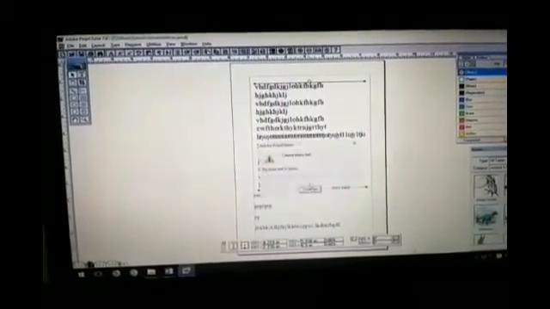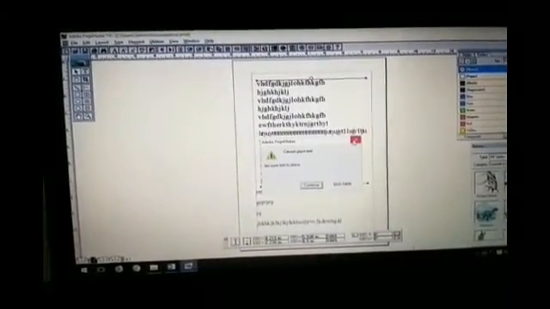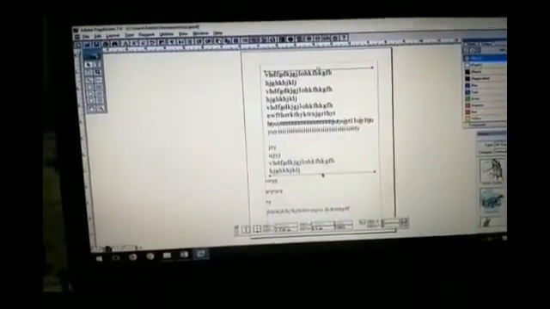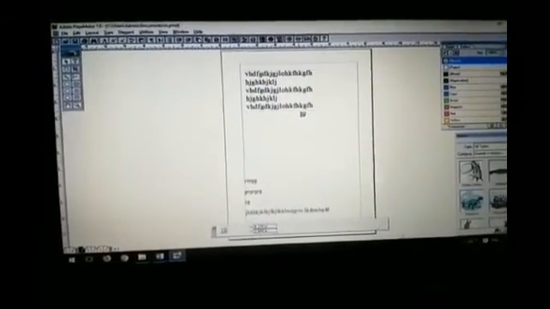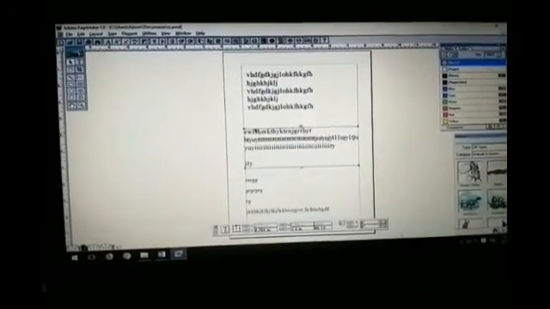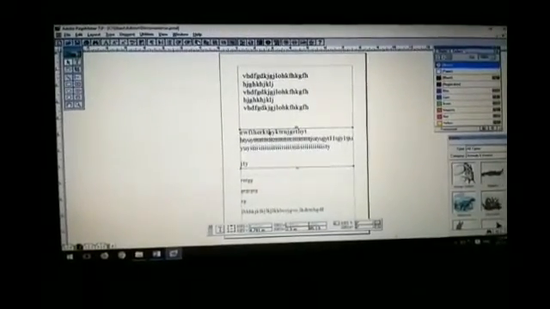So how do we split this entire text block? By using the bottom handle, by moving the bottom handle up, we can split the text block into 2. So now we have split those 2 text blocks.